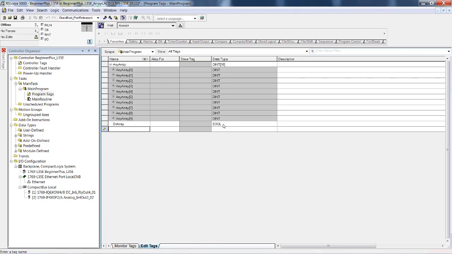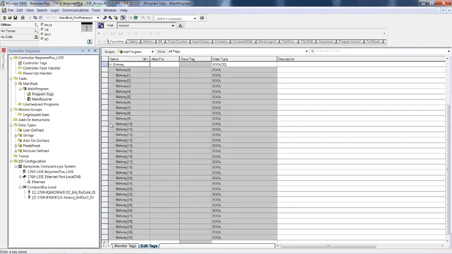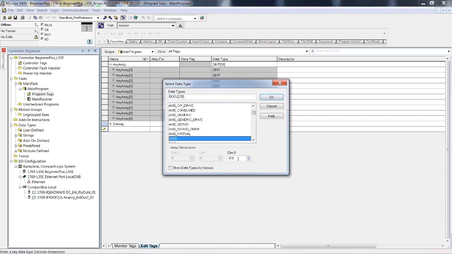I hit enter demonstrating something. So I'm going to go back and edit this, and we'll make it 10 to begin with. We have an array of 32 Boolean. Bit array 0 through 31, and they're each Boolean, but there's nothing more to expand. Really, there's no difference between this bit array and one element of this array. That's 32 bits, this is 32 bits. However, if we edit this and make it 320,